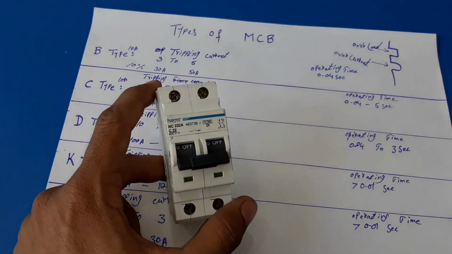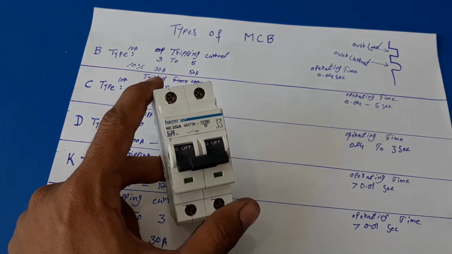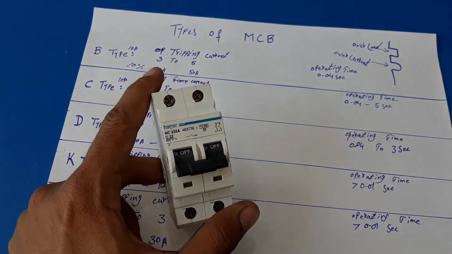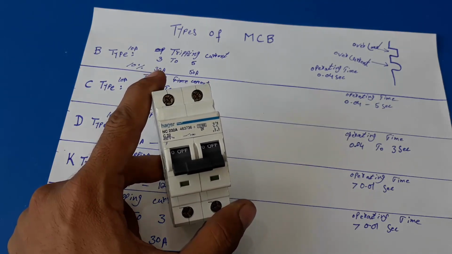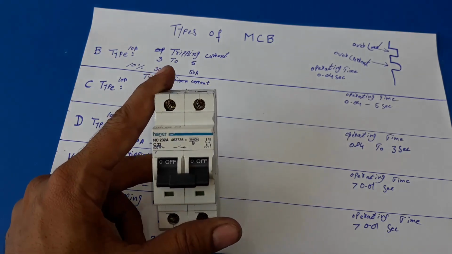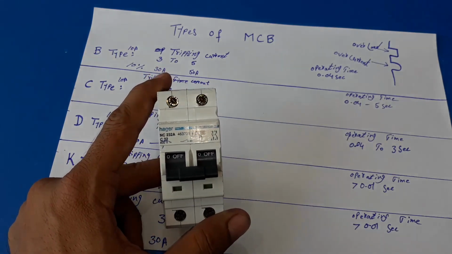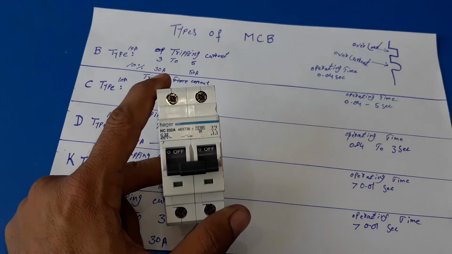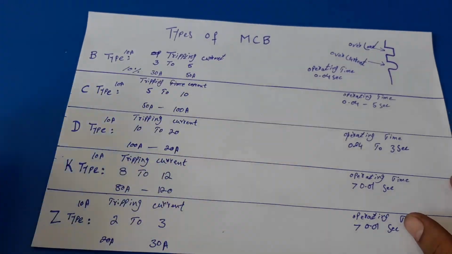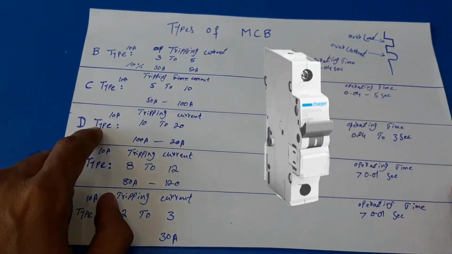This MCB protects against overload and short circuit for resistive and inductive loads with low inrush current. If we discuss its application, this MCB is used in residential, commercial and industrial use. After that, the third one is the D-type. Let's discuss the D-type